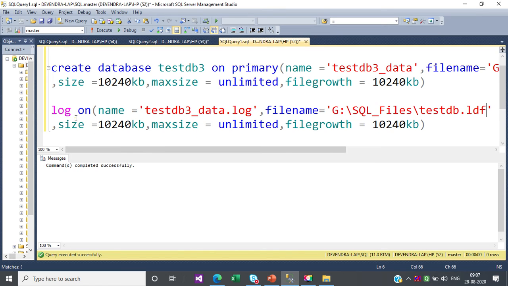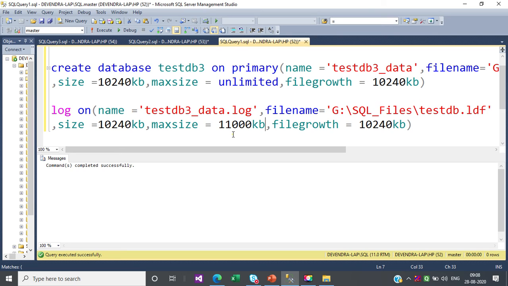And instead of MDF, we will have the LDF file extension here. And yes, the size, again you can put the same. Max size is unlimited, right? We can restrict the max size as well here. Let's say I want to put a max size of 11,000 KB, that's near about 11 MB.